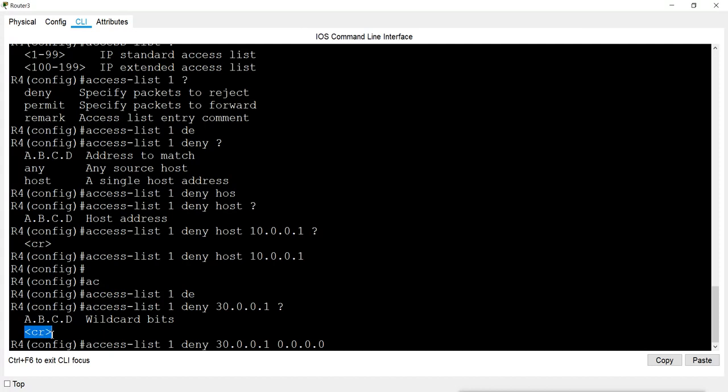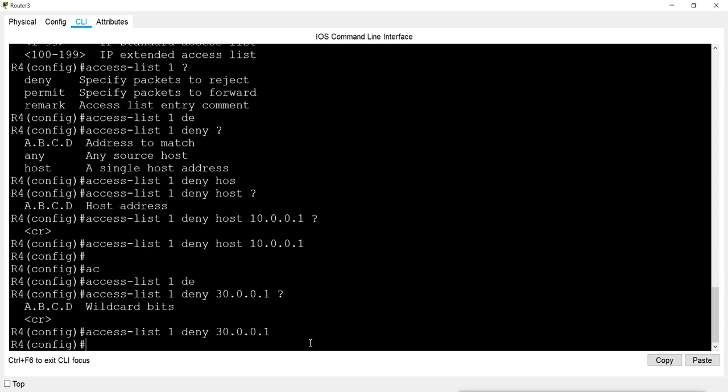But when you don't give a wildcard mask, it will take this wildcard, 0.0.0.0. Remember, it will take this. Now this means what? 0.0.0.0 means I want to examine the whole single IP. So either I can mention the single host by using the host command, or I can give the IP of the single host directly without wildcard. Now when I don't give wildcard, it will still work as a single host.